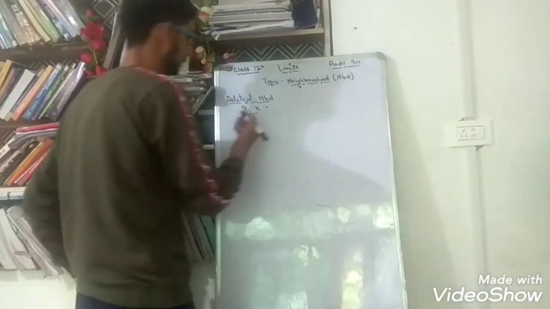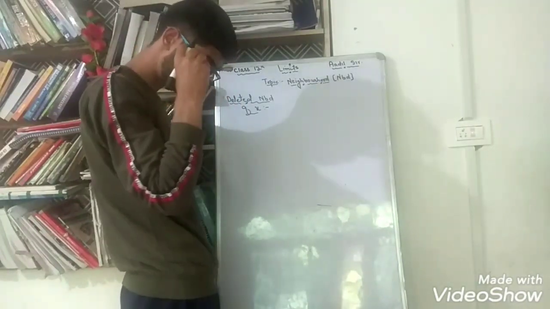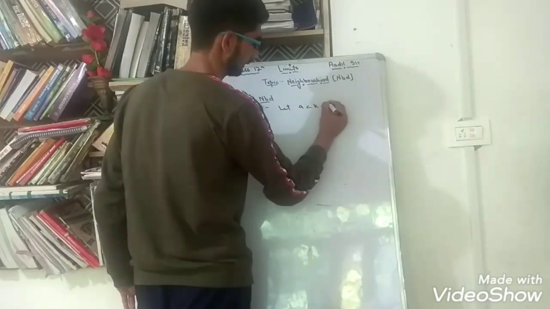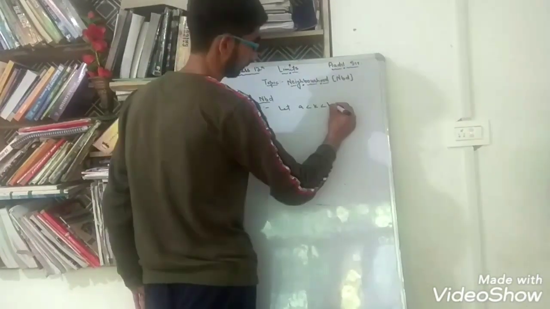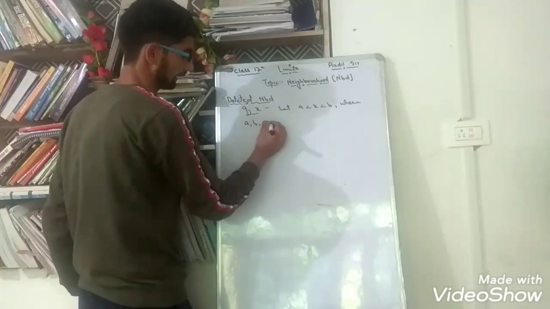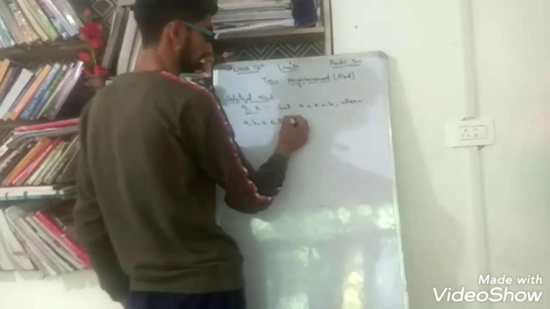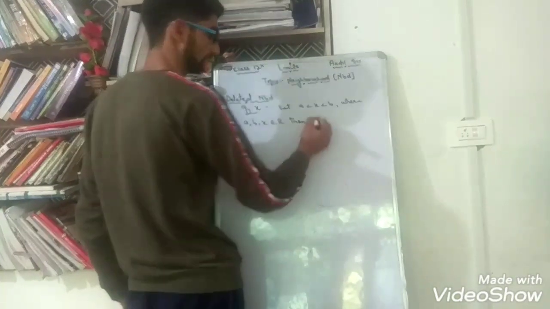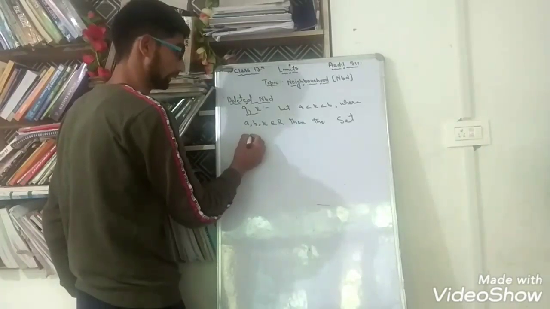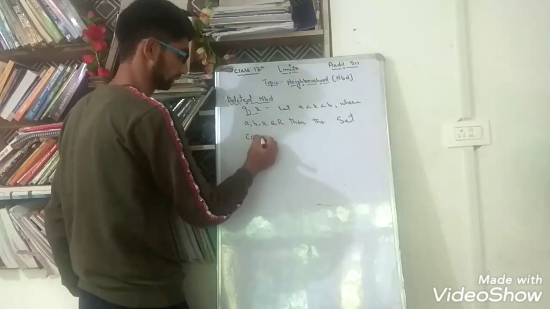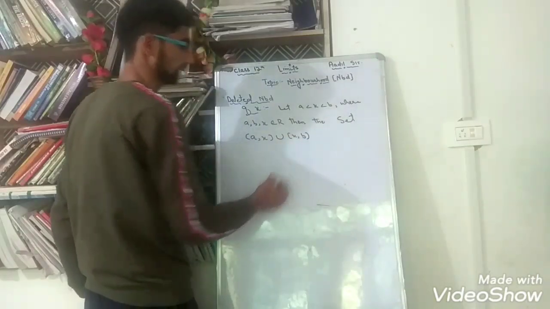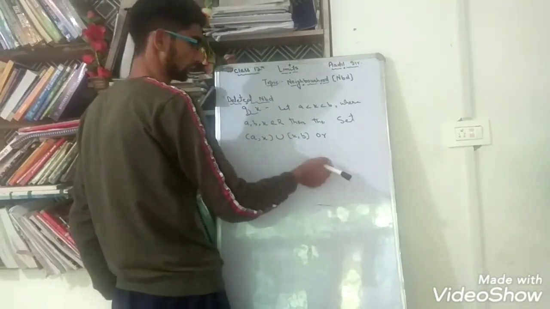So we write now that a < x < b, where this a, x, and b are real numbers, where this a, b, x belongs to R, then the set (a, x) union (x, b), or I can write it like this: